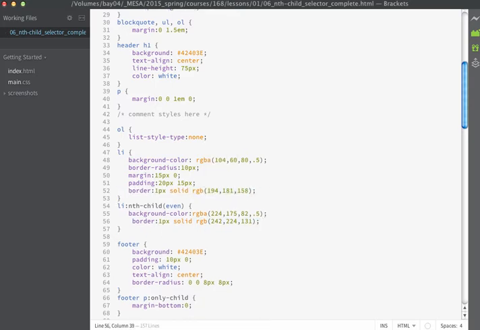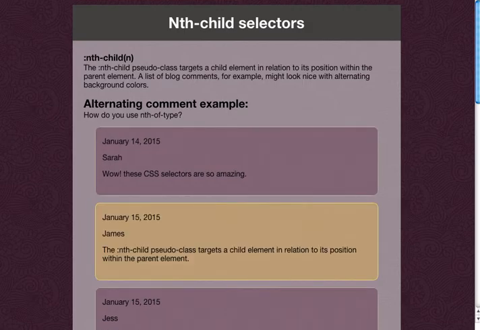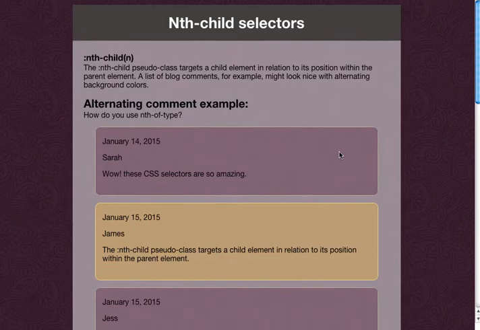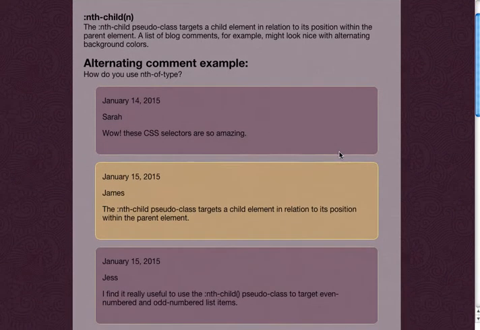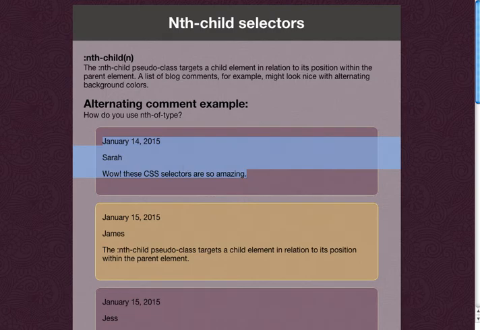If we save our page and we look at it in the browser, it's going to now look like this. So you can see that already by just using a little bit of nth child selectors, I've improved the layout and the readability of this page. Now what we're going to do is start to format the content that is within these list